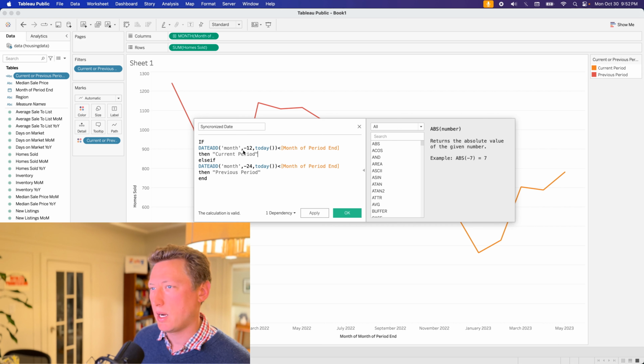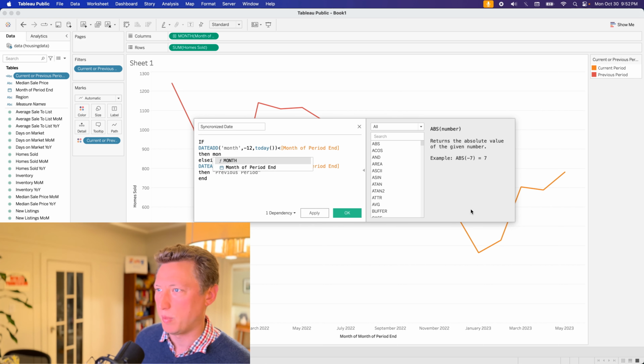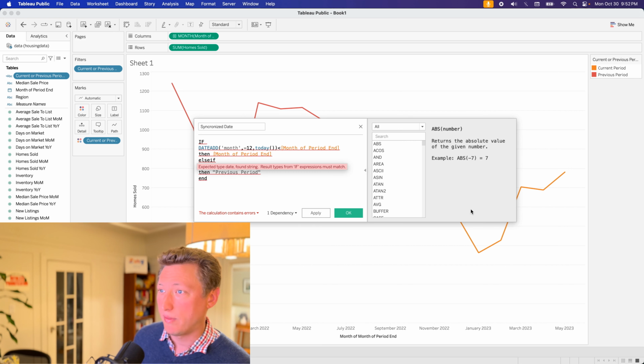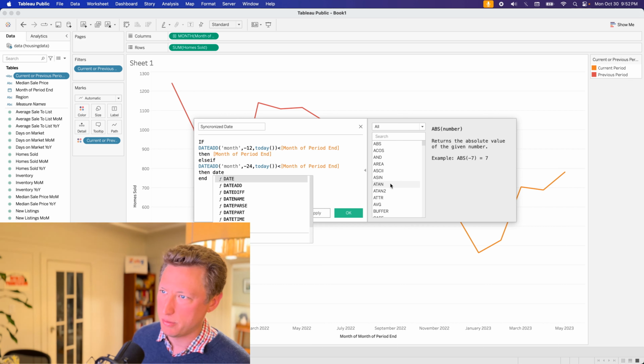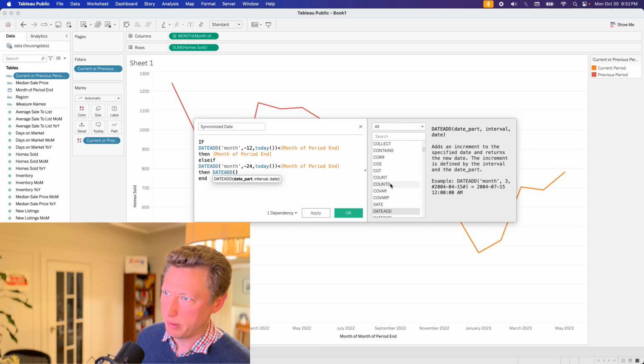And here we're going to say if it's in the current period, then we use its existing timestamp. So month of period end. However, for the previous period that we want to compare against, the 13 through 24 months, in that case, what we need to do is actually do a date addition function. So we do date add, and we want to add